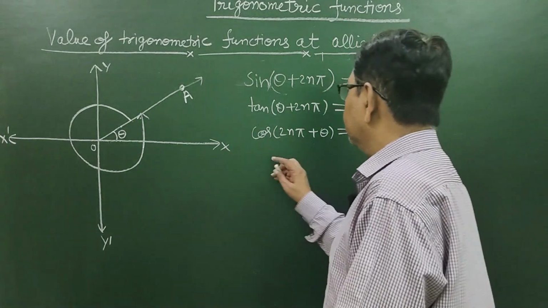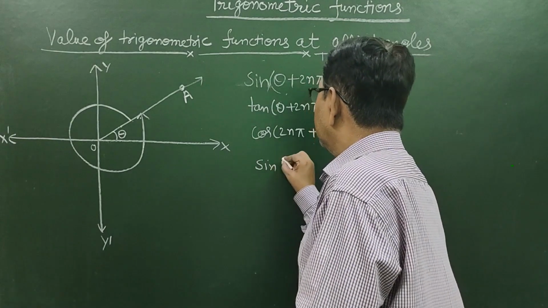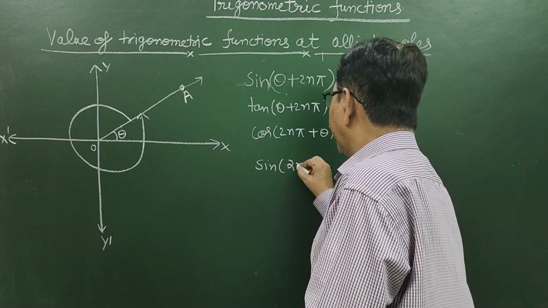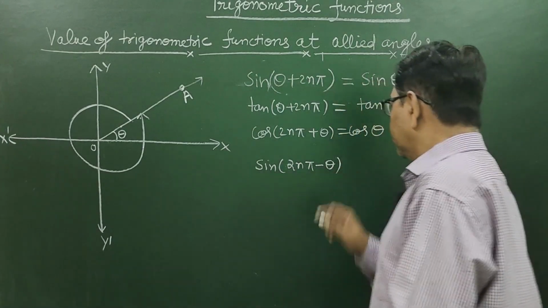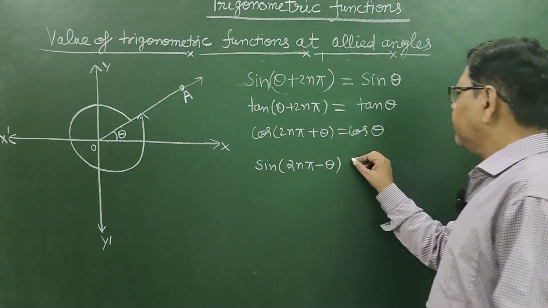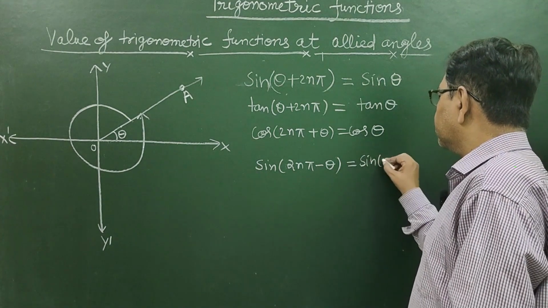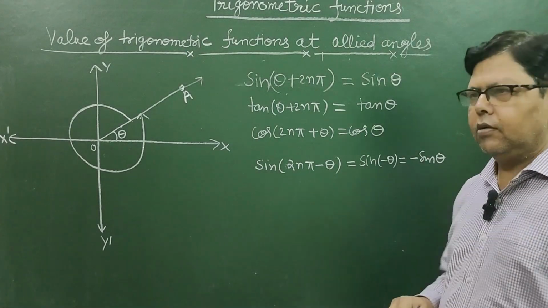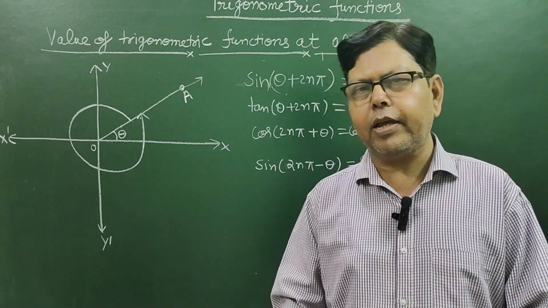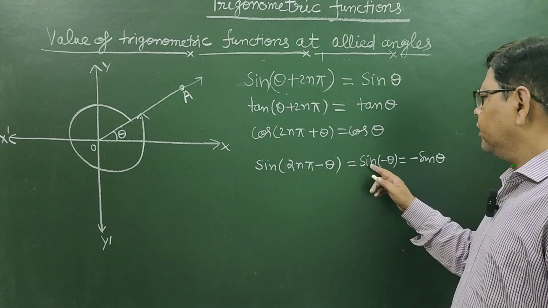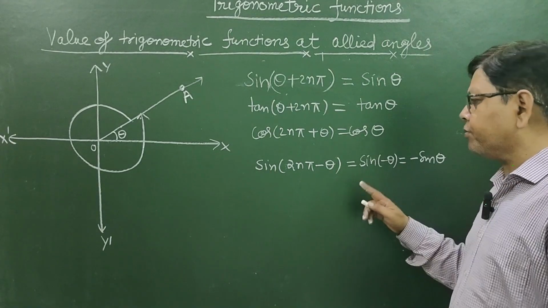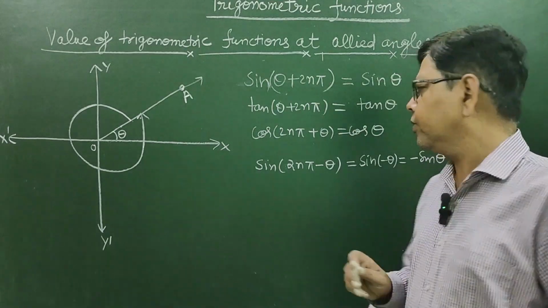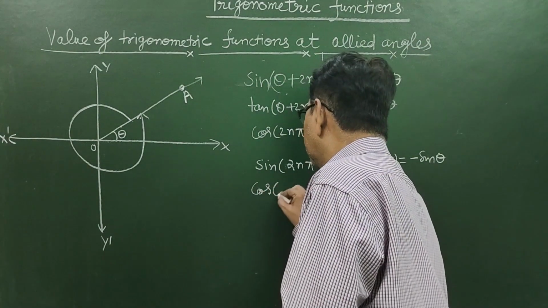If we write the angle in the form 2n pi minus theta, in that case the value will be equal to sine of minus theta, that is minus sine theta. So for a multiple of 2 pi minus some angle, all the trigonometric ratios except cos and sec are negative. Cos of (2n pi minus theta)